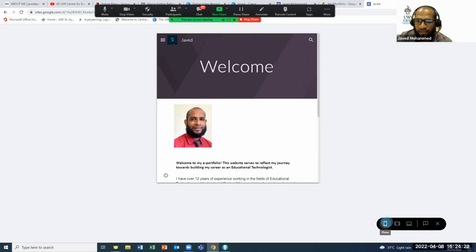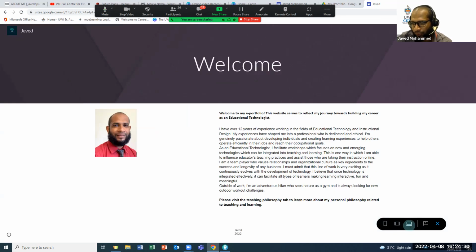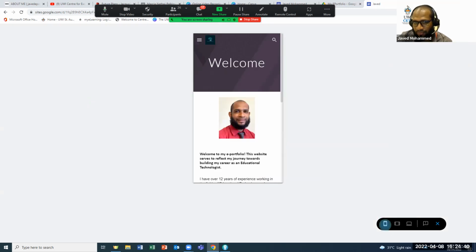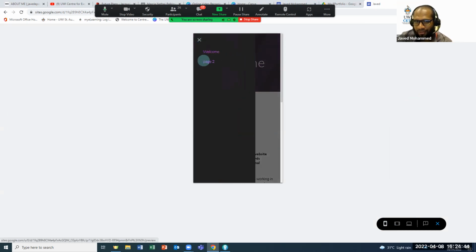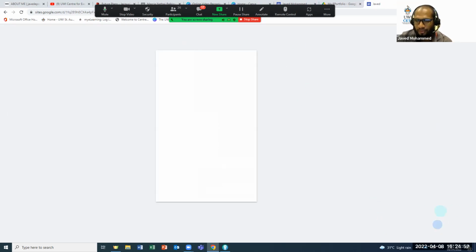And look at what's happening to the menu here. On the desktop, you can see the menu to the top right. You do have the option to move it. But on a phone, you have to click the hamburger icon and select the page. Now, if you have multiple pages associated with a page, it can get a bit confusing for some. So you want to keep it as simple as possible.